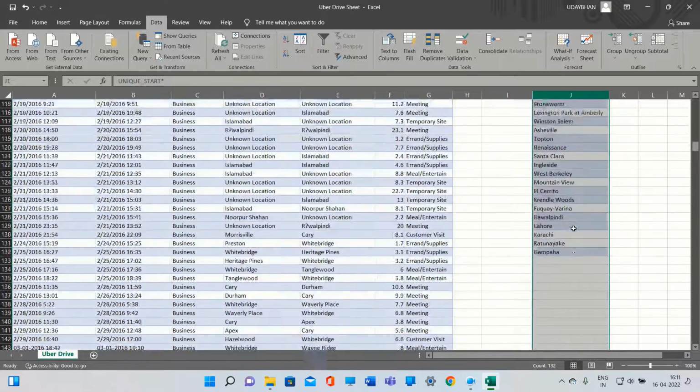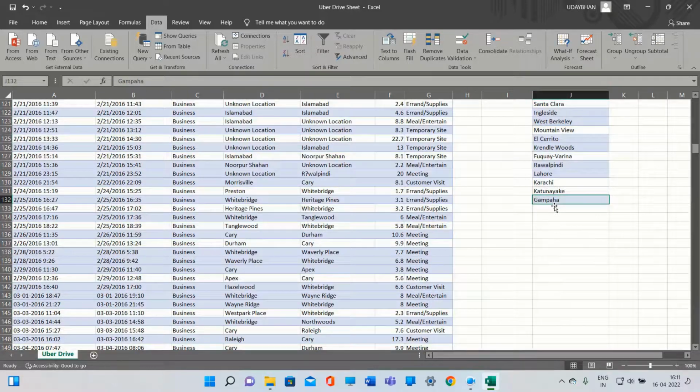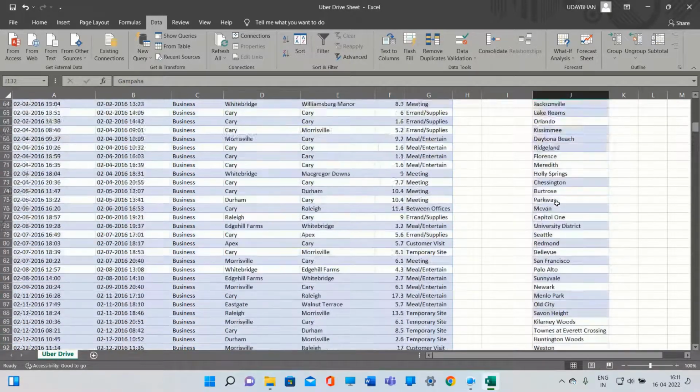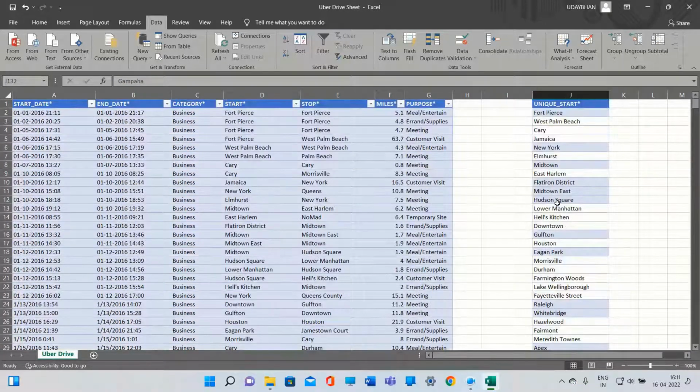It means there are 132 cells in column J. So 132 is the total number of unique start destinations including the header. So this was our question number 12.